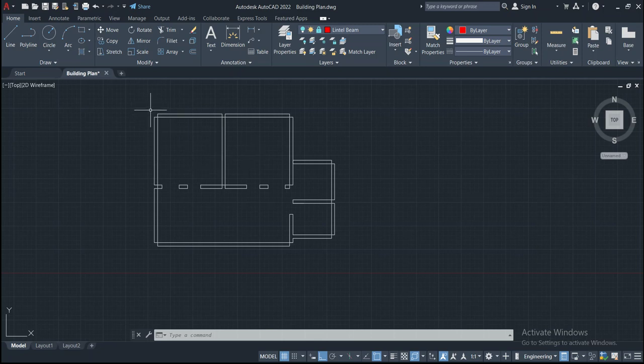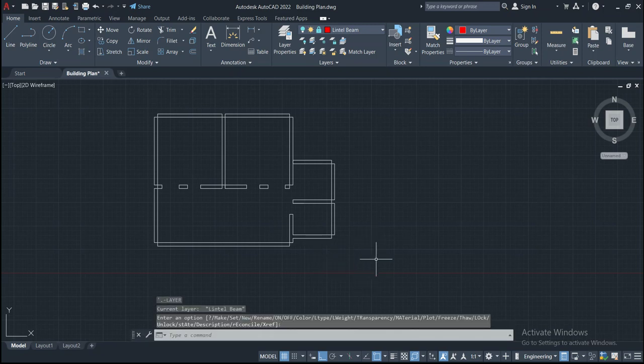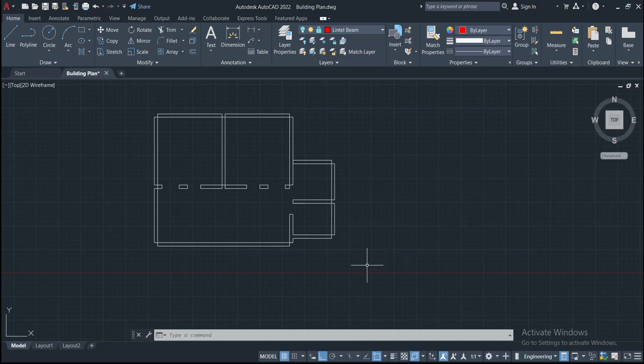So we will do that later, but first we are starting to extrude the walls to the beam level, meaning the lintel beam level. So now we will go to the isometric view of this plan,